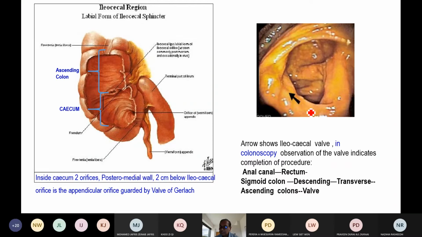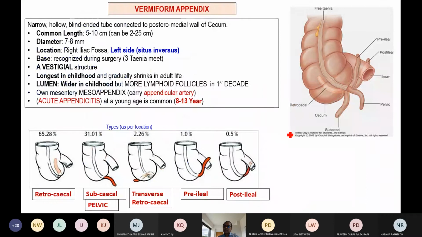You can see so many structures, colonic polyps and whatever the pathologist has told you, whatever things you have to see on the mucosa, which will help in the diagnosis of lower GI disorder. Now coming to the appendix, you can see in this picture that the appendix is very variable. Even a surgeon who has already dissected 50 appendices, on the 51st appendix is also worried whether he will find it or not.